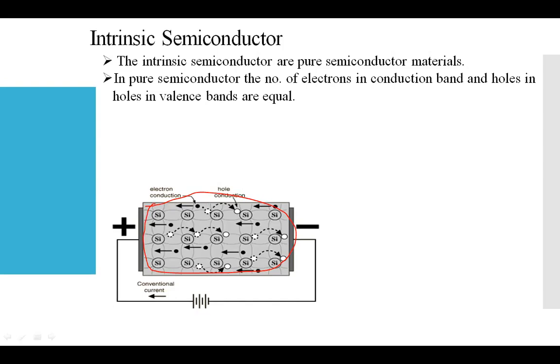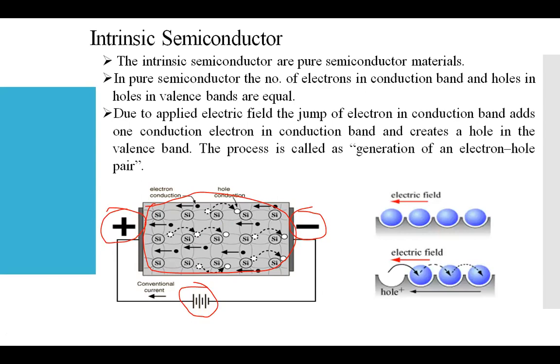Now, to this material, we provide a DC voltage source, with the positive terminal connected here and the negative terminal on the other side. In this pure semiconductor material, as in the silicon structure used here, the number of electrons in the conduction band and the holes in the valence band are equal. Due to the applied voltage or electrical field into this semiconductor material,